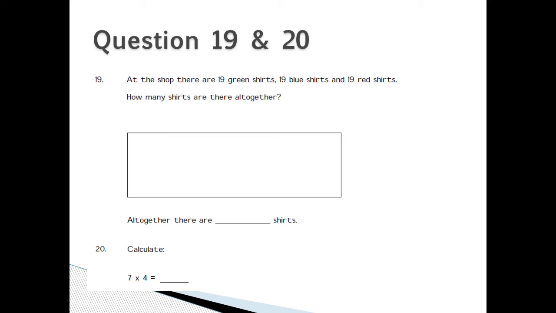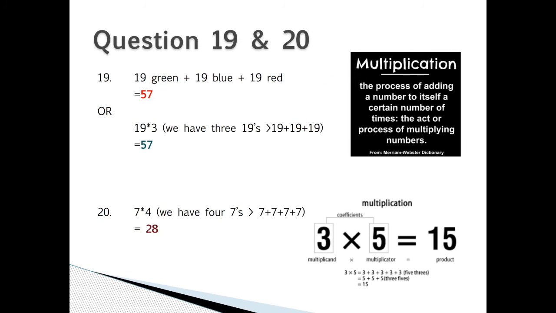20. Calculate 7 times 4. 19. 19 green plus 19 blue plus 19 red will give us 57, or 19 times 3. We have 3 19s, which is 19 plus 19 plus 19, which also gives us 57. 20. 7 times 4. We have 4 7s, which is 7 plus 7 plus 7 plus 7, which gives us